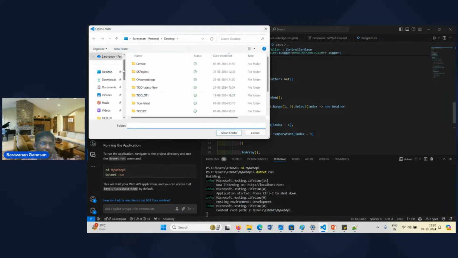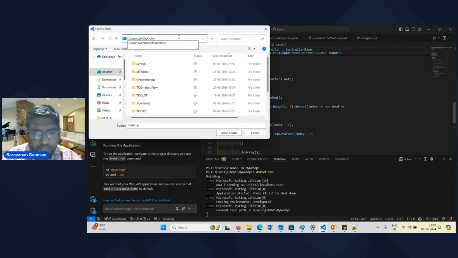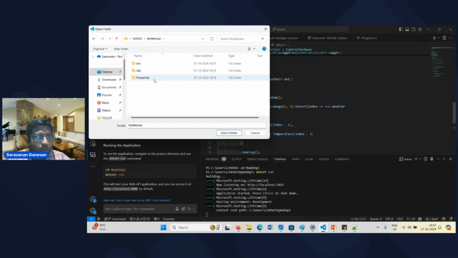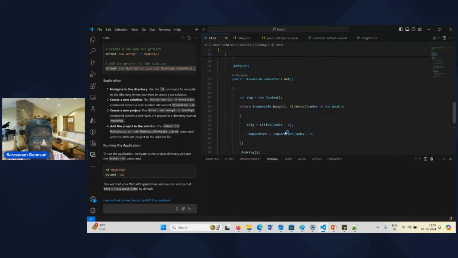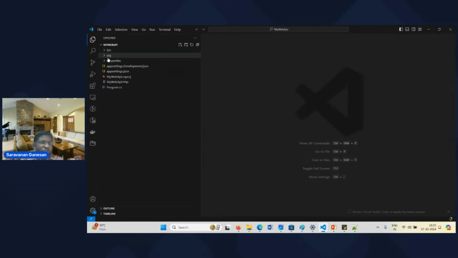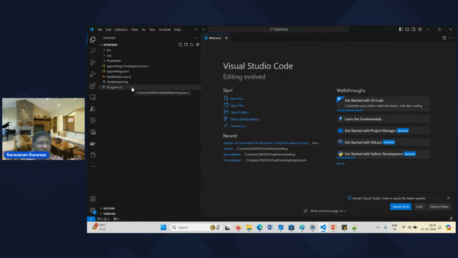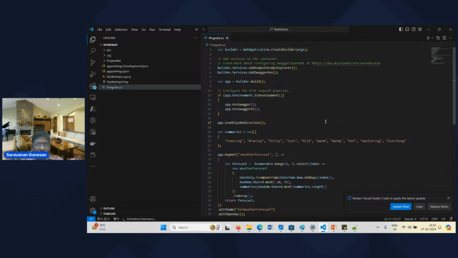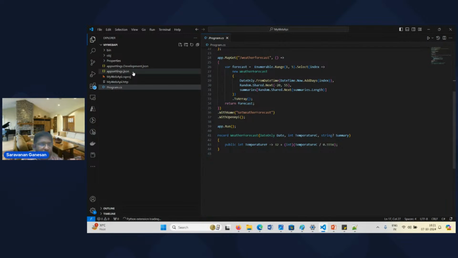I'm going for my web API, so I'm opening my selected folder. The program which we created by using GitHub Copilot chat, we are able to see here. Once this is done, if I want to write any code